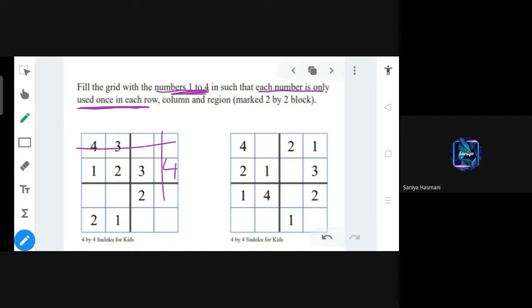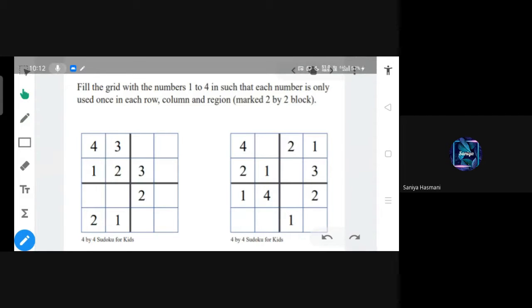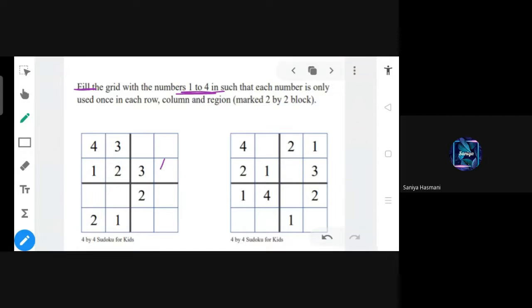This way also, ma'am, please explain. Okay. Yes or no? Please explain again. Yes, I'm explaining. See here what is written, that you have to fill the boxes with numbers 1 to 4. Means you can write 4 here, right? Because in this line 1 to 4 is now completed. Again, suppose this line you want to fill. So 4 and 3 are there. So which two numbers are not there from 1 to 4? 1 and 2.